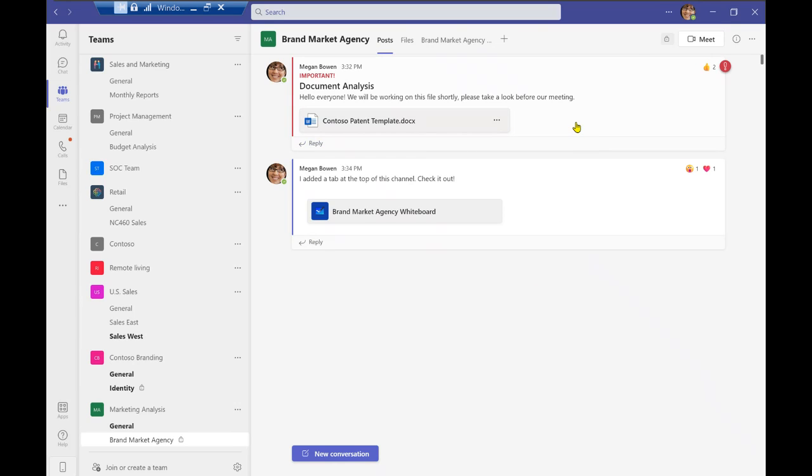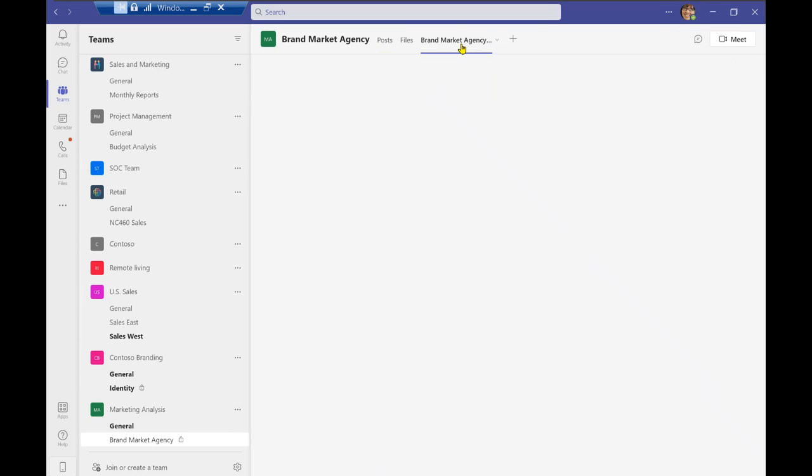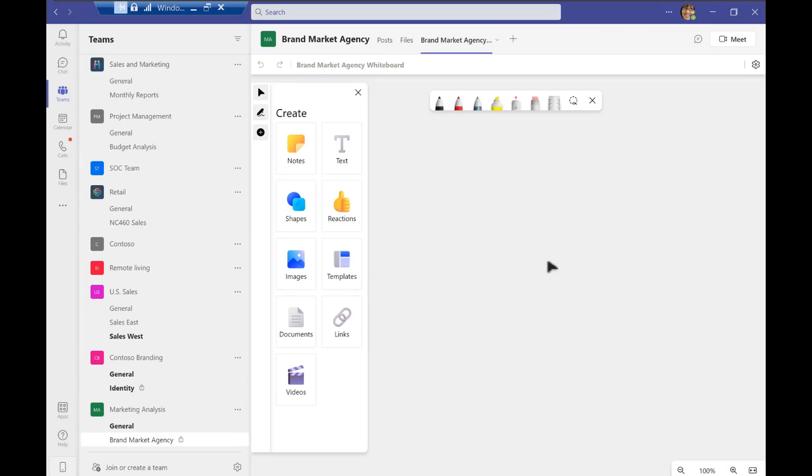Now, one other action that I did want to display was collaborating in specific spaces within your teams and channels. So I'm going to go ahead, as we created this whiteboard, and just backtrack a little bit and return to our whiteboard right over here. And you'll be able to see that within this tab that was created, I can go ahead and collaborate with my colleagues. Now, if they were to appear in the whiteboard, I would be notified in this specific space over here where their avatars will appear, and we'll know we can work on this together.